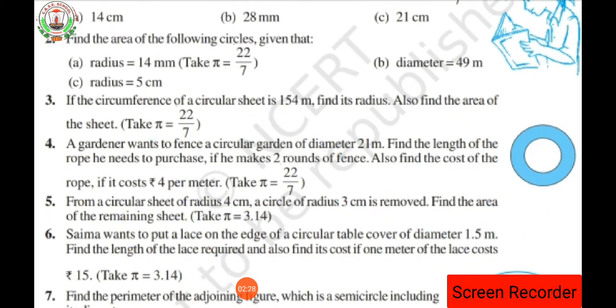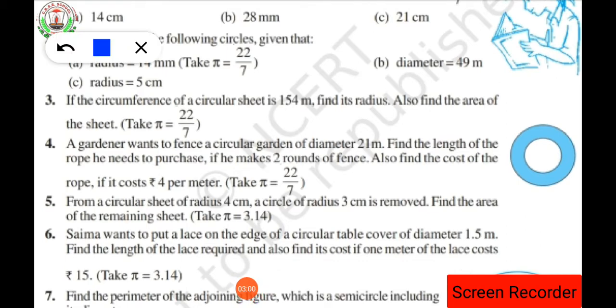Now after finding the r value we have to put the value of radius in the formula of area of a circle, then you will get the value of area of the circular sheet. Clear everyone? Remember students, here the circumference of a circular sheet is equal to the circumference of a circle. Whatever circumference we consider here will be equal to the circumference of a circular sheet, because that sheet is in the form of a circle. Clear?